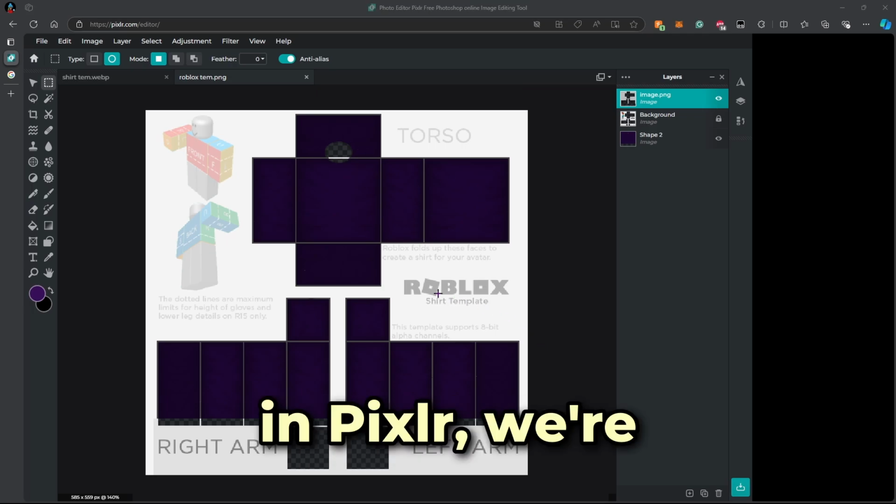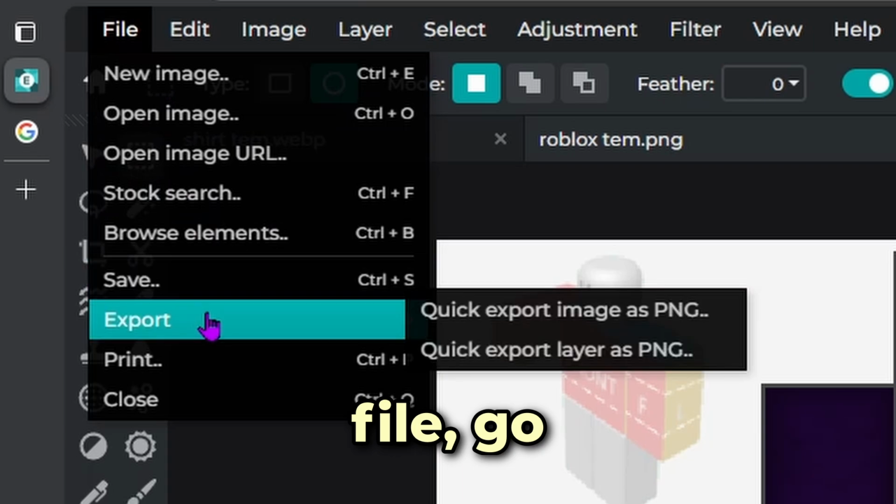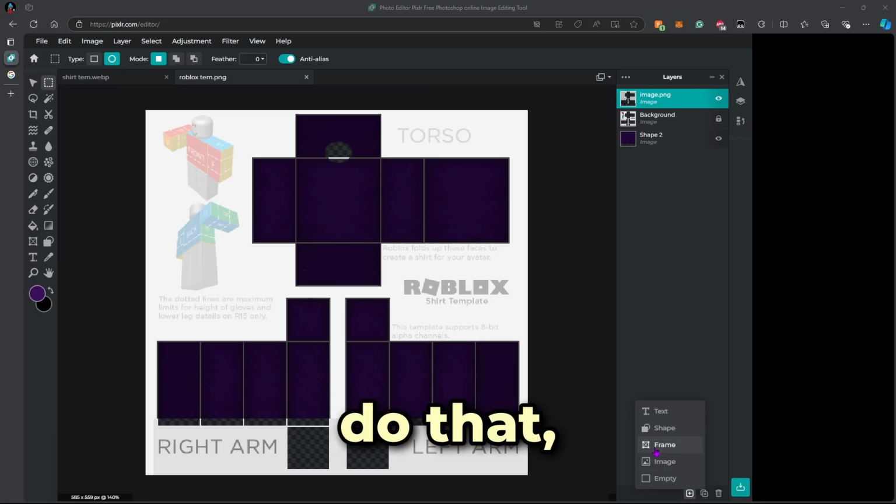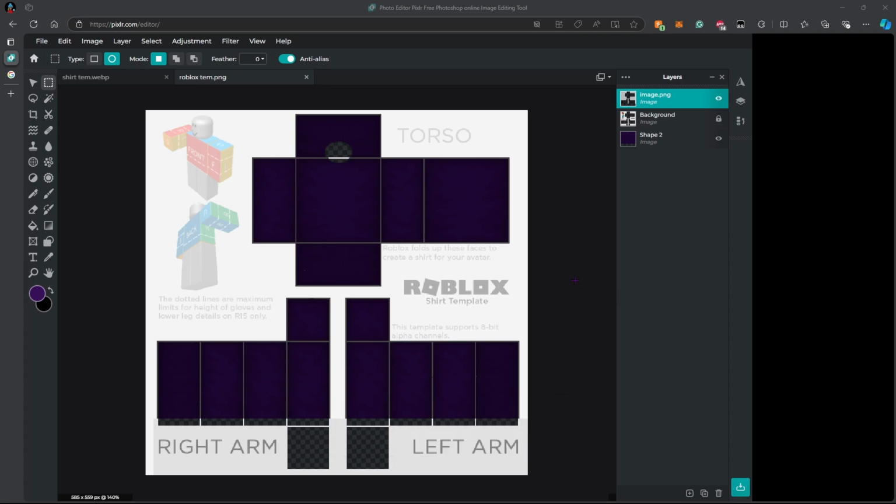So lastly, in Pixlr, we're going to go up to File, go to Export, and export image as a PNG, not the layer. Once you do that, it should save to your file, and now it's ready to upload